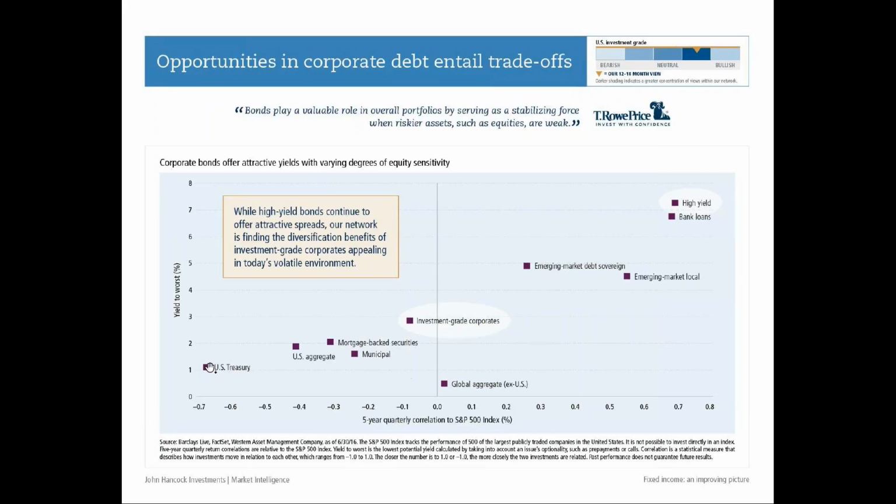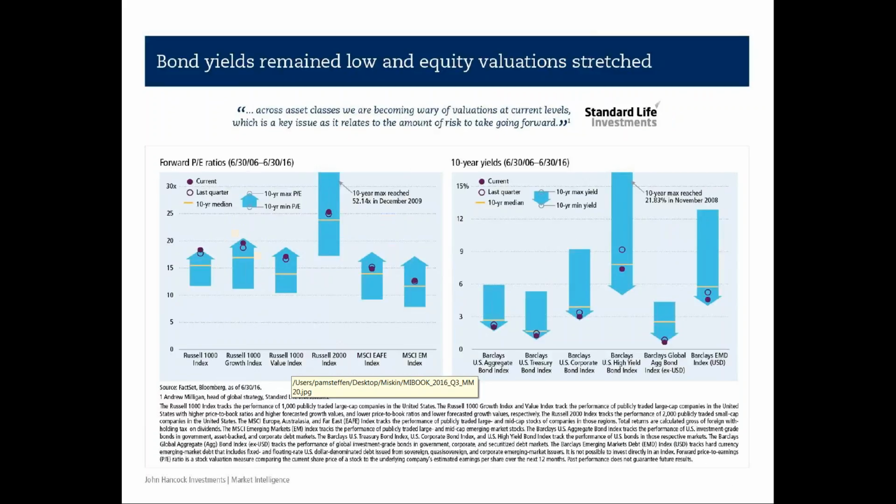Now, treasuries are the best place to be in a risk-off environment, in an equity drawdown, and we would own some of these higher quality assets within the fixed income market just as your protection. Now, they're very low returning, and we would be underweight relative to a multi-asset portfolio, but nonetheless, that's where you want to go for protection.